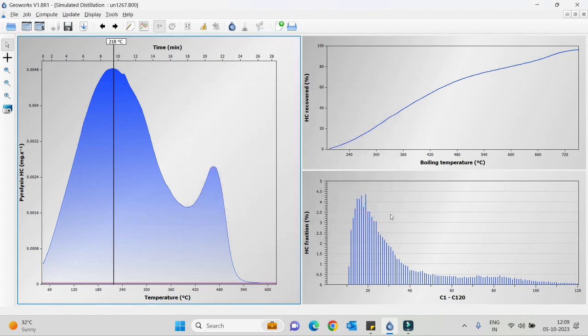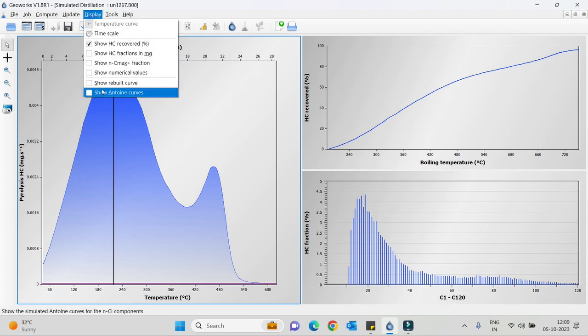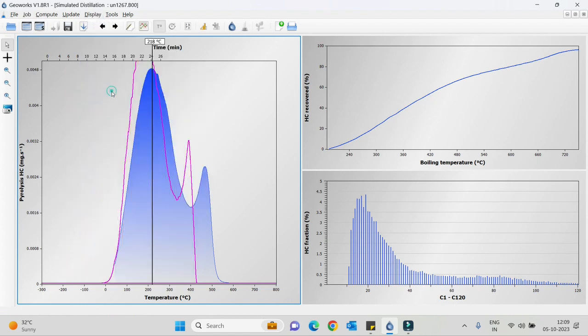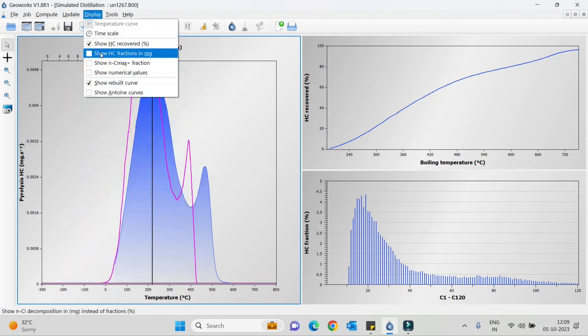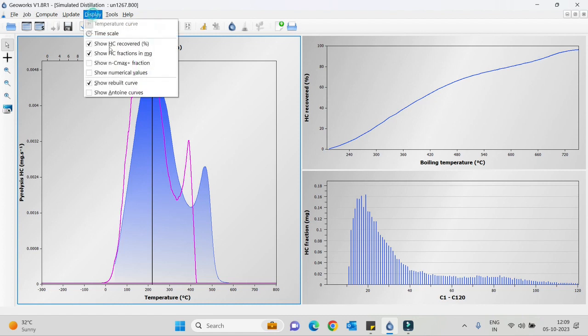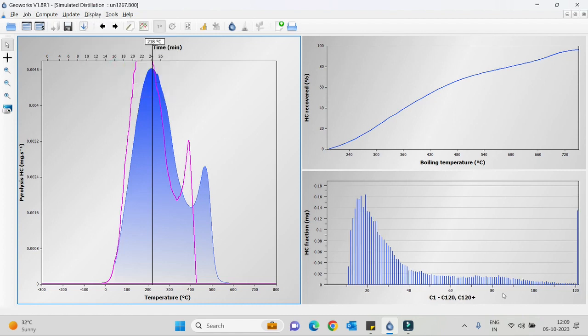So this is how my graph will be produced. We can go to display and show Antoine curves like this, or we can see the rebuilt curve. We can show hydrocarbon recovered in percentage with respect to boiling temperature, or we can see the hydrocarbon fraction in milligrams for C1 to C120. We can also show the C120 plus fraction here,